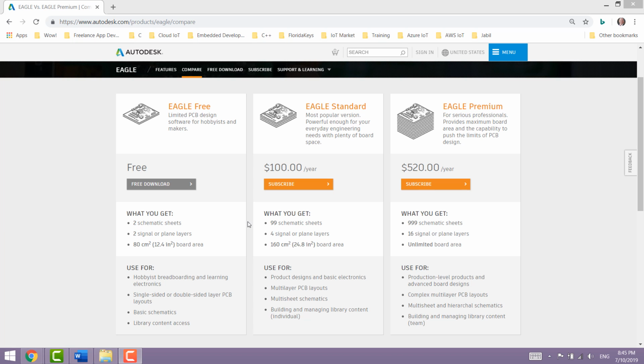So I want to talk a little bit about Autodesk Eagle licensing. Autodesk Eagle comes with three types of licenses, as you can see on the screen here. So the Autodesk Eagle license types are free, standard, and premium. The Autodesk Eagle licenses differences are in the number of schematic sheets, signal or plane layers, board area, and certain